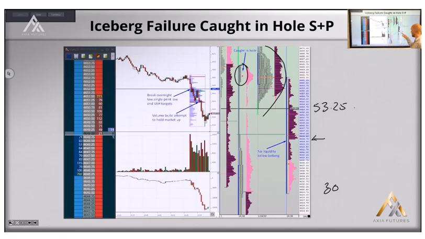Because technically, this is quite difficult and quite potentially costly. The technical, easy way of looking at this from a risk management perspective is to say, okay, I can sell into the iceberg at 44 3/4, and I can put my stop above 53 1/4. So you're going to take around about 11 handles of risk. But your payoff on this trade is relatively small now. Your payoff, your reward on the trade, is now in this situation